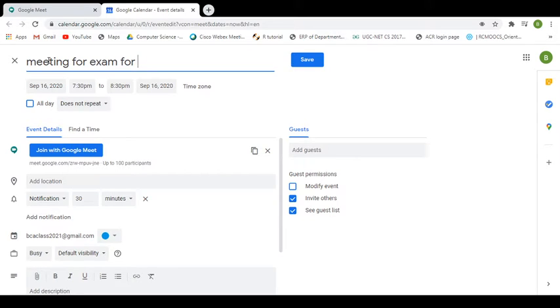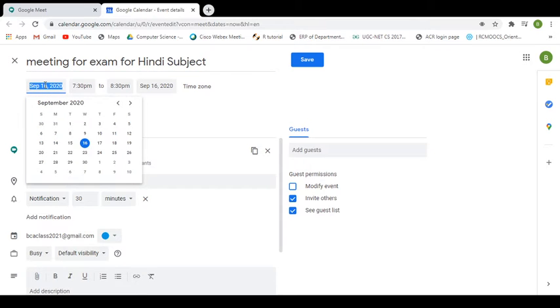This is the meeting for that particular subject. Meeting for the exam for, suppose, Hindi subject.